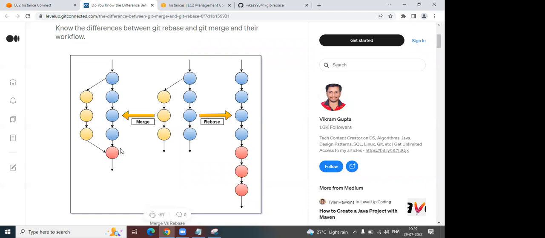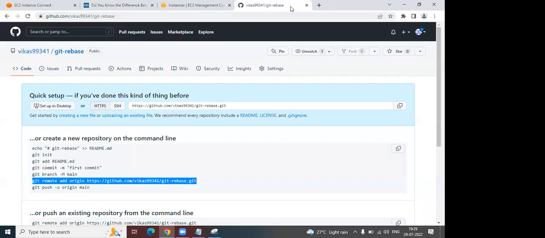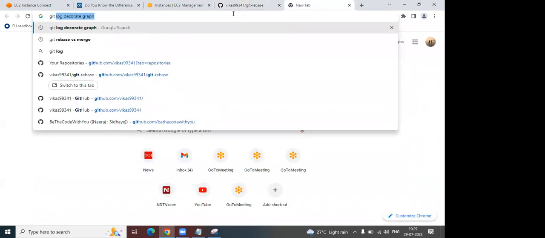If you do a merge, you get a new commit ID along with this bulge kind of structure. But if you do a git rebase, you get one single straight line. Now you will say, just for one single straight line, why should I do this? So if you come to this in future, let me say git merge,